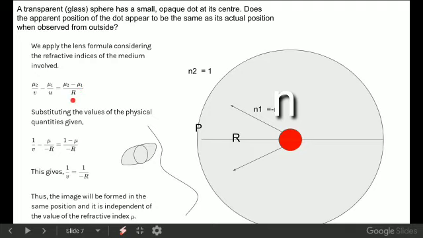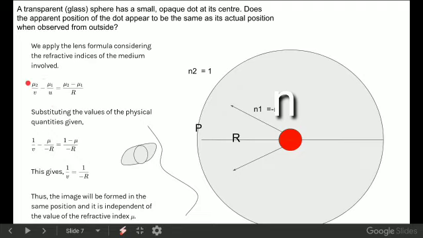Radius of curvature, you already know, is capital R. But let's understand here, radius of curvature should also be taken negative, and next to it, object distance should also be taken negative. Why? We measure the radius of curvature from the optic center to the center of curvature, but the light rays are moving from the object to the optic center in the opposite direction. So we must take radius of curvature negative, and object distance also negative.